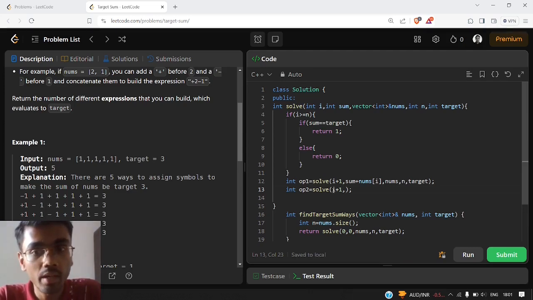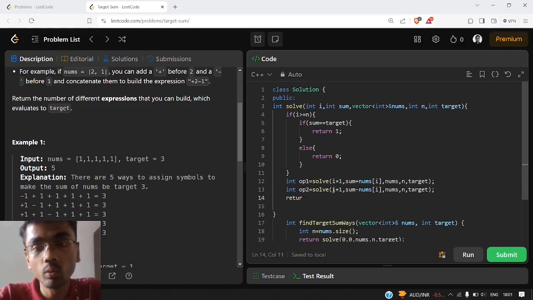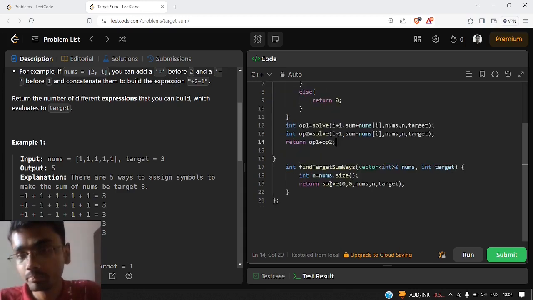So we increment i by 1, and our sum would be decremented by nums of i, that is the current value we have in the array. The rest remains as it is. In the end, we need to return the total number of ways from operation 1 as well as operation 2. So we return operation 1 plus operation 2.